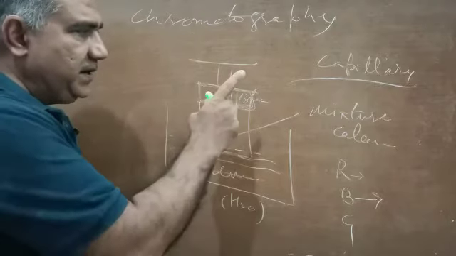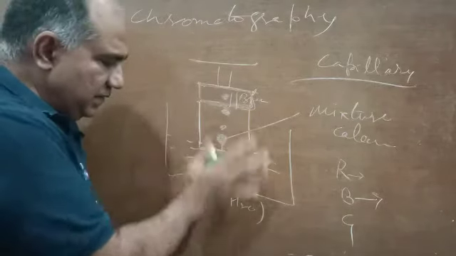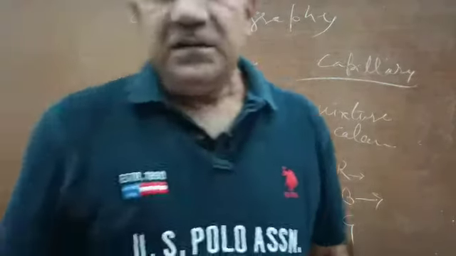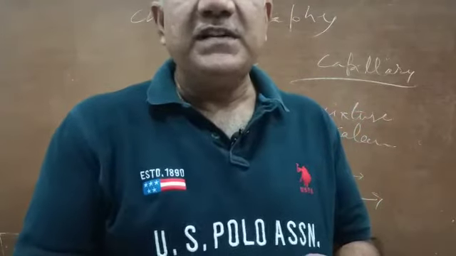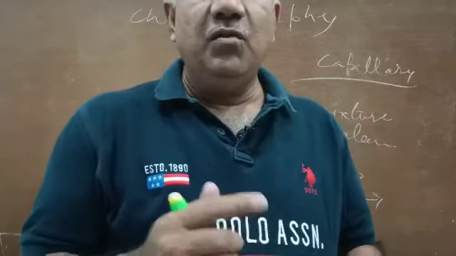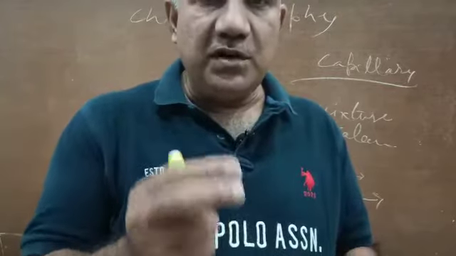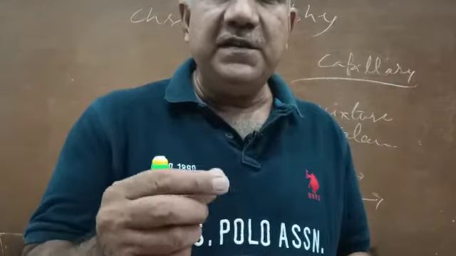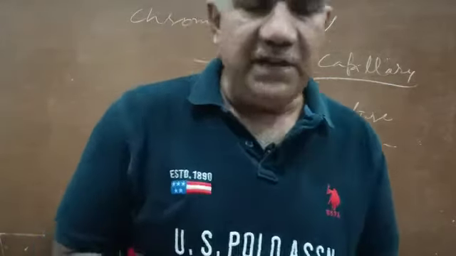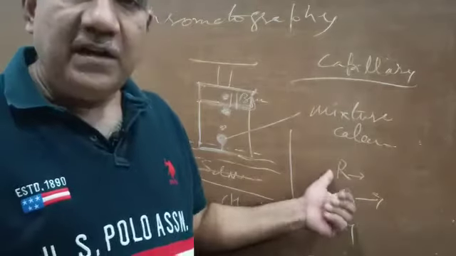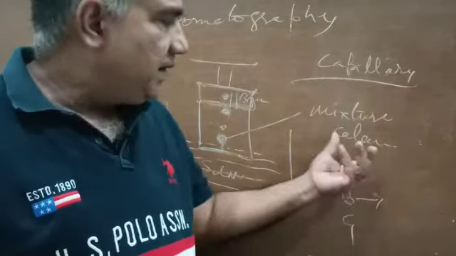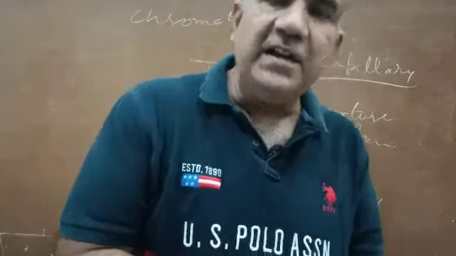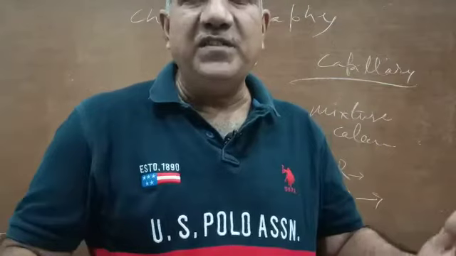That was one thing. Capillary, I have told, capillary action I have told. Now we will study where all this chromatography is utilized. Number one, this is utilized to monitor the progress of chemical reactions. Also, this is utilized to find out a product in a chemical reaction if it is secreted in very small quantity. We have seen it is also used to separate different components of a mixture. Also, it is used in forensic laboratories for finding traces of poison, etc.